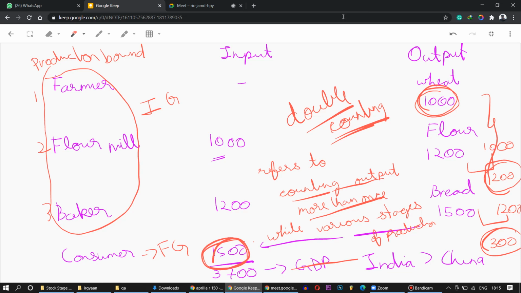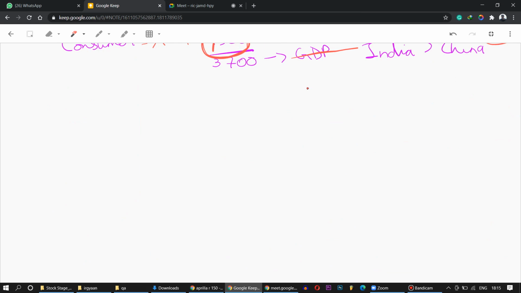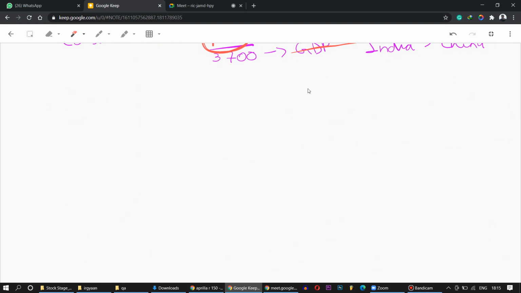So I'm telling you how we can fix it. And in the exam, they will ask you how to overcome. How to overcome. And based on yesterday's class, can you tell me what is the method that we use to overcome this? If you can remember. There was one method of calculating national income which talked about this.